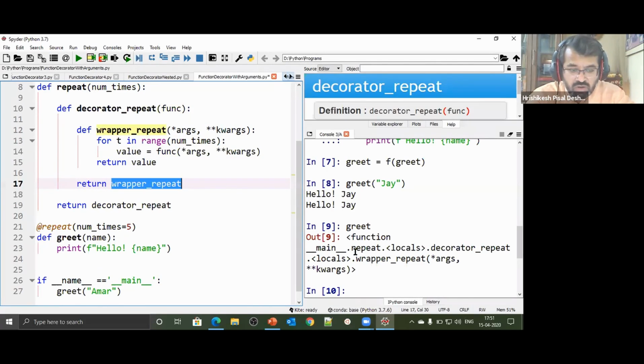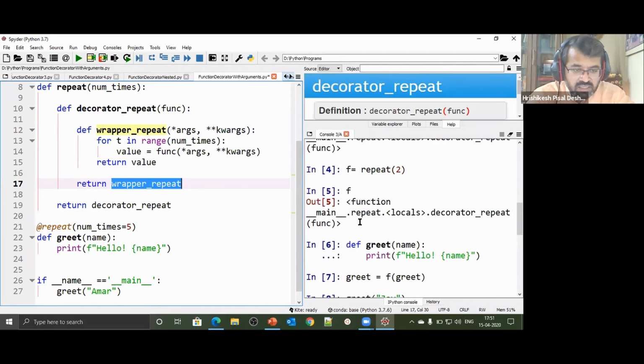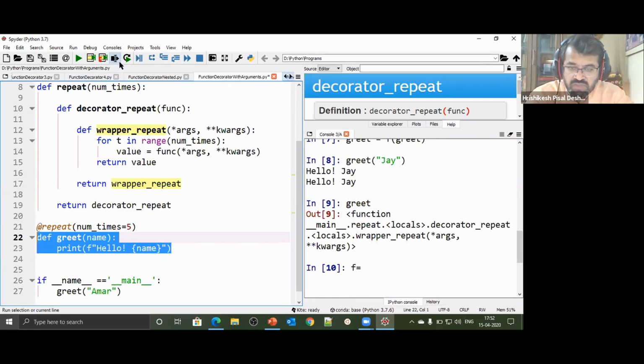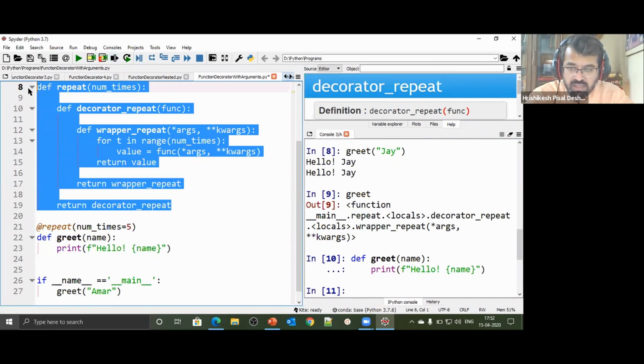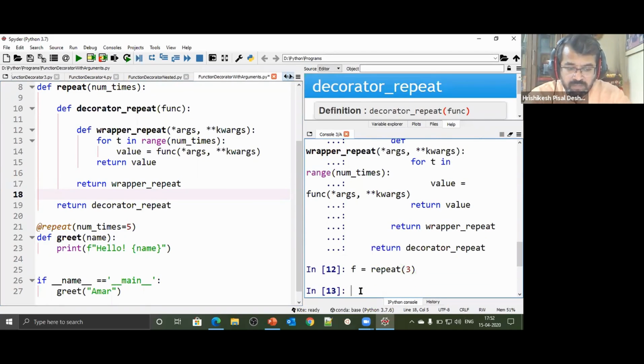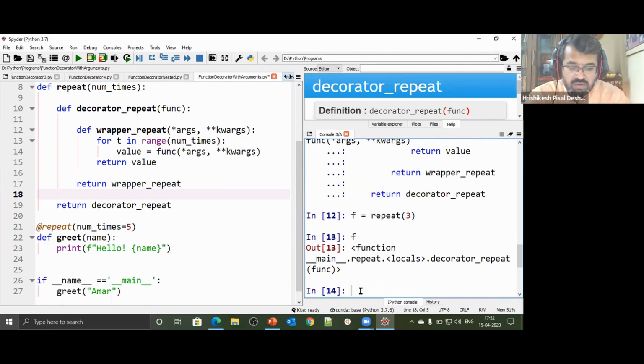So when you give a call, look at my statements. They should help you to understand. I'll write it once again. It is as good as saying, if this decorator was not applied, suppose this was the only function. I am repeating it once again for you. I'm saying f is equal to repeat of 3. Okay, see what f is. f is this function, because that is what has been returned by the repeat function.